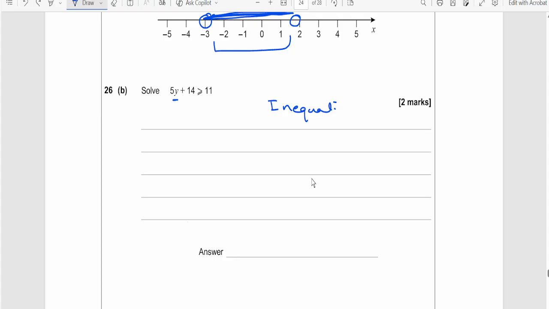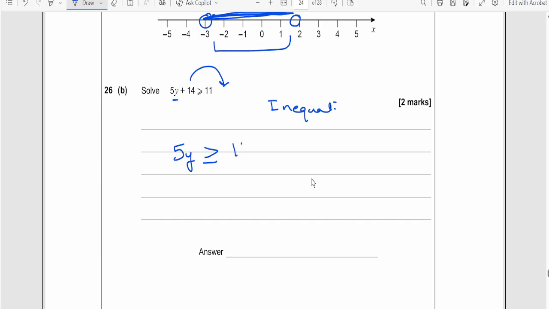So first of all, I move 14 to the other side of the inequality. So 5y, we have this sign, then 11, this is positive 14. So it will become,